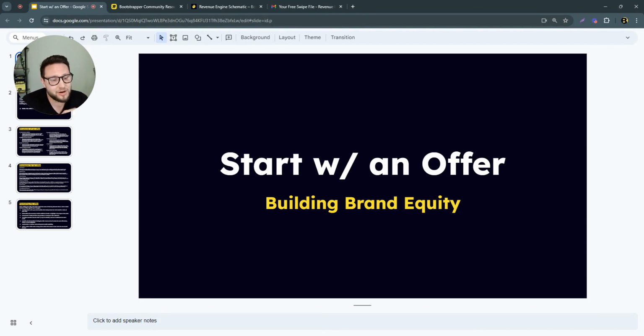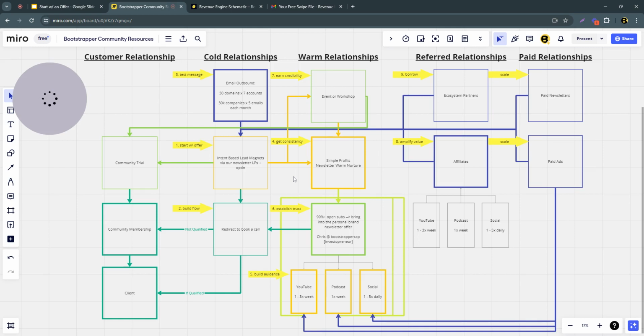And today we're going to be talking about how to create and position an offer for your revenue engine. So last time we left off, we were talking about our revenue engine. This is actually our schematic. And we're in the process of building out the revenue engine in public and having you guys follow along as we're doing it, and using the content of what we're doing, quite literally doing it for ourselves, so that we can then create this content and help you do it as well as we build in public and share it. So where we are on this journey is the fact that everything starts somewhere, and where we're starting